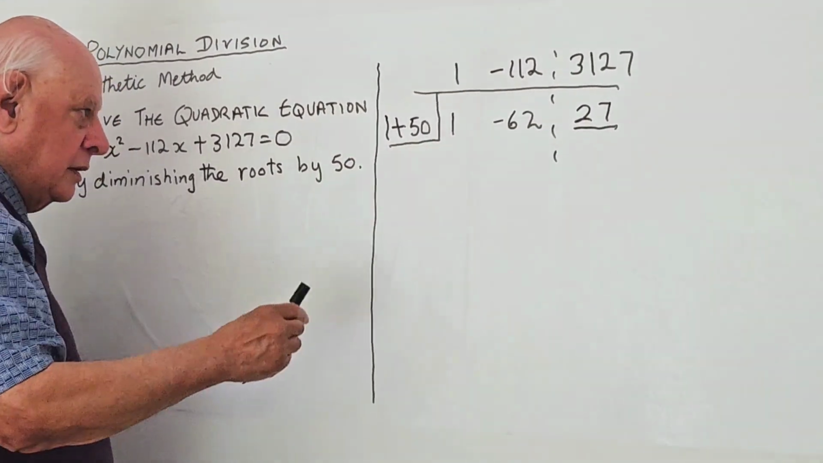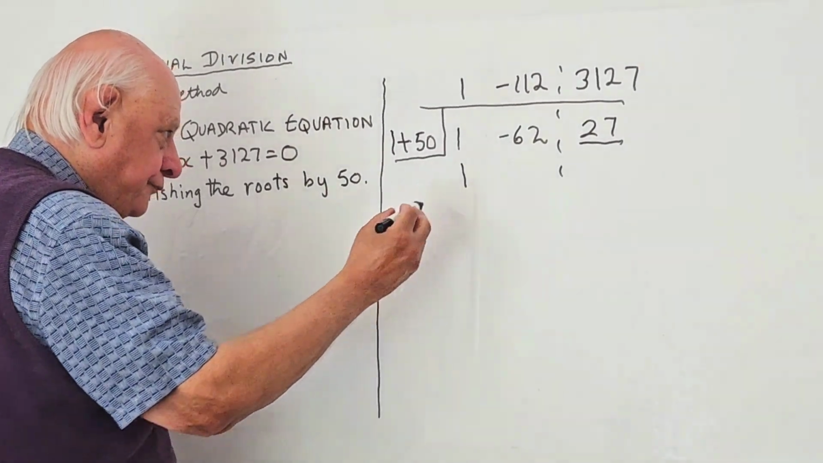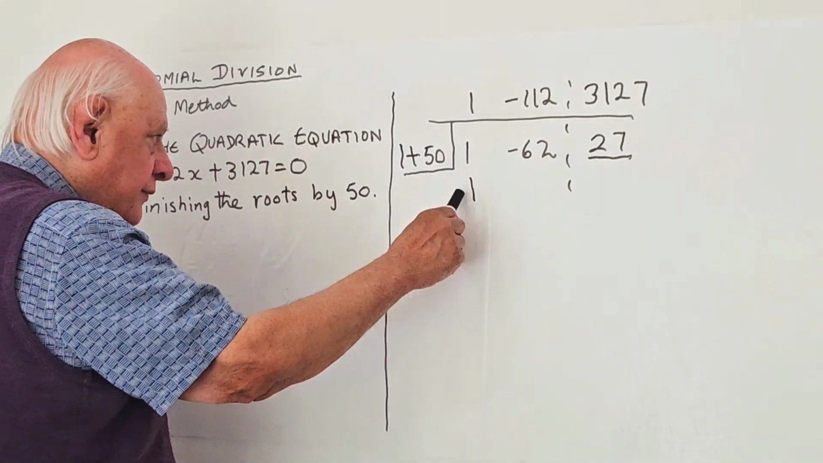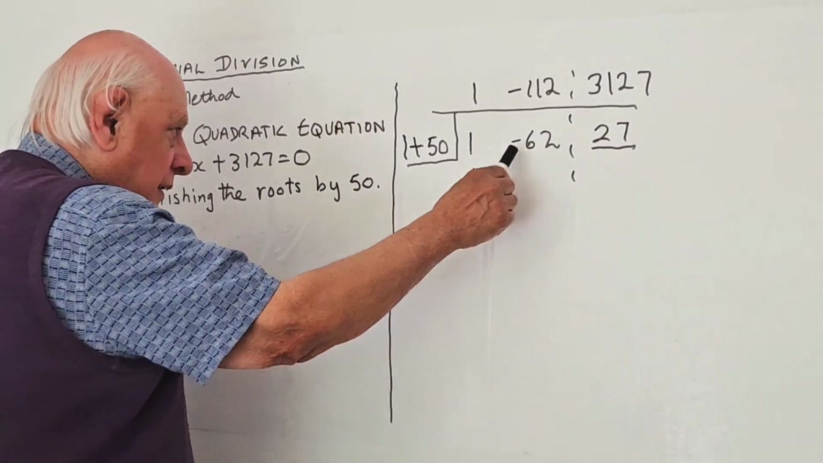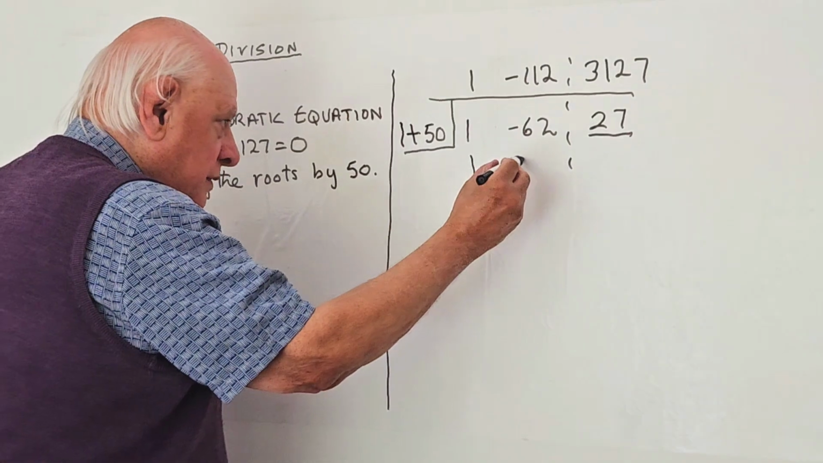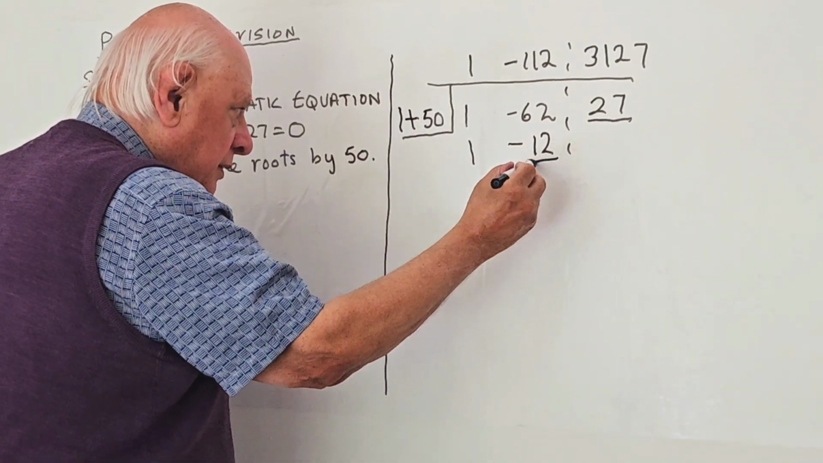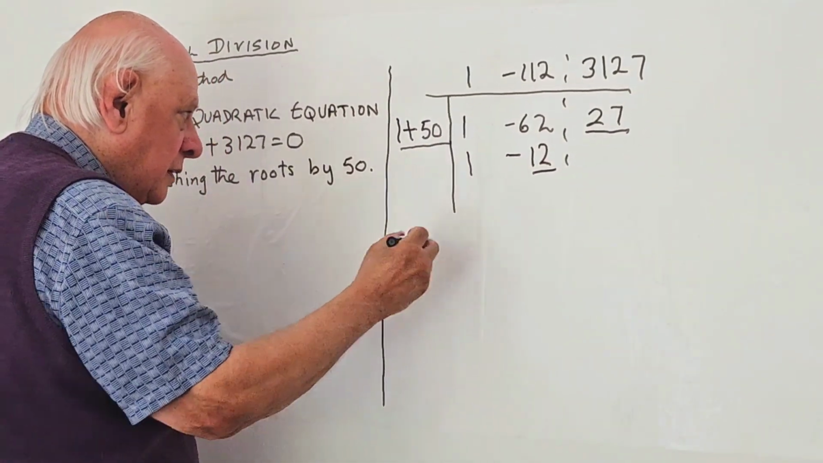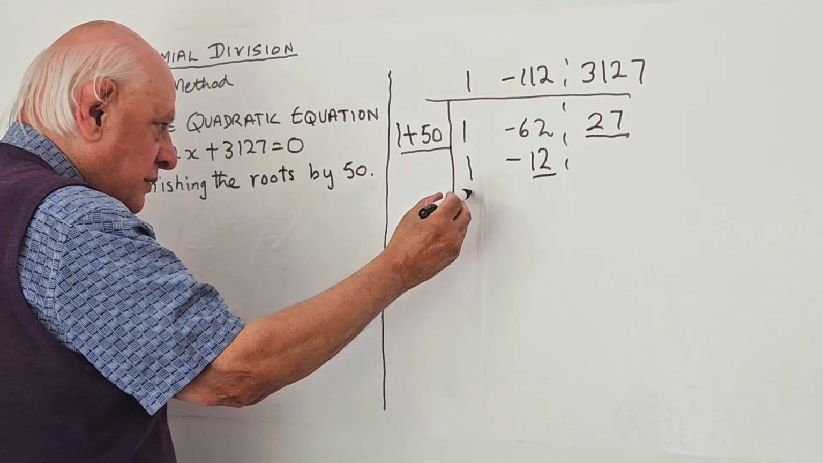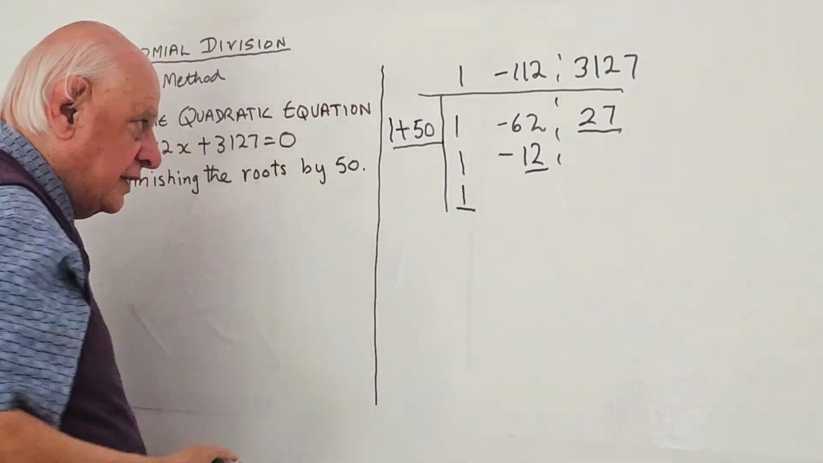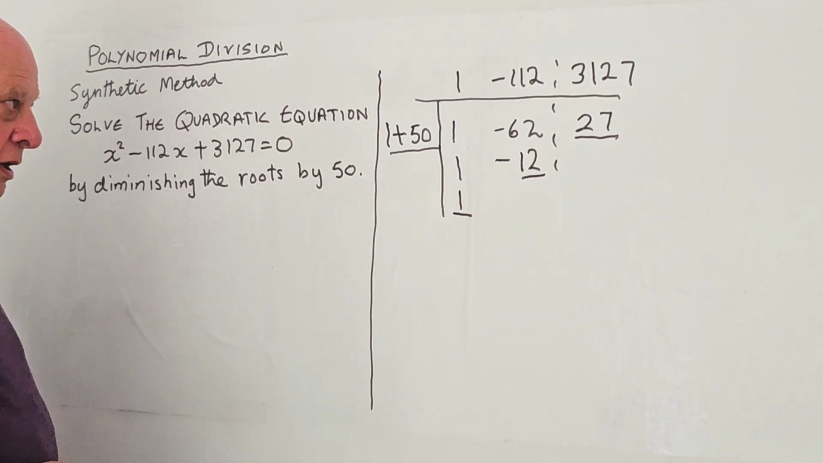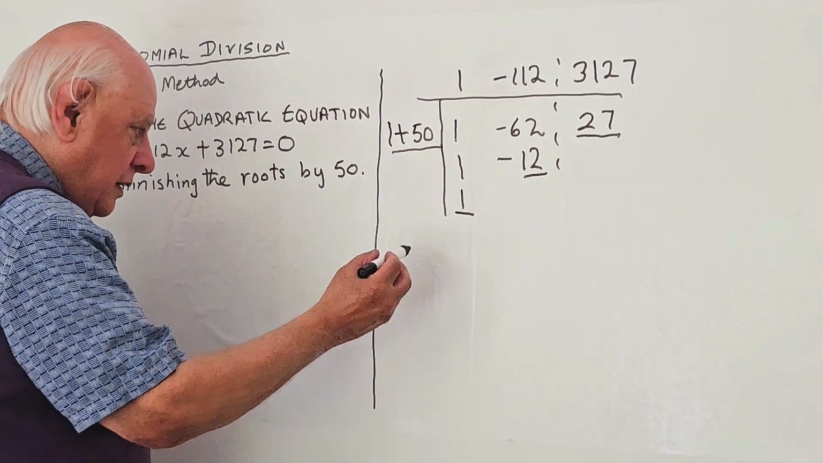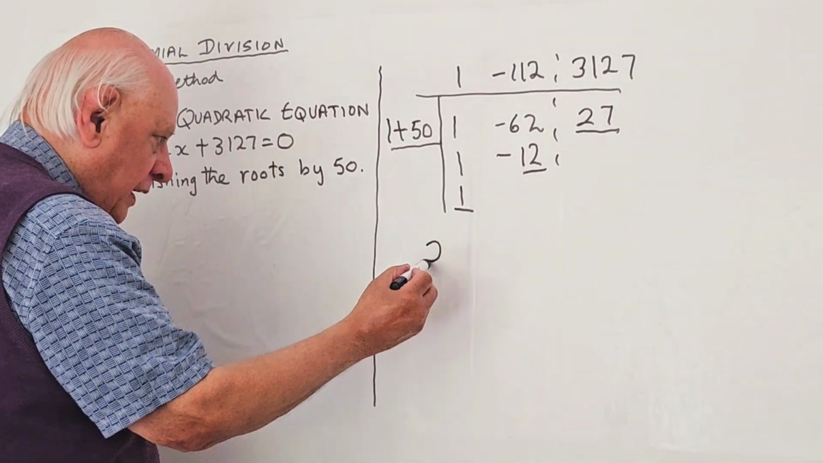1 into 1 goes once. Right, 50 times 1 is 50. Added to minus 62 is minus 12. Now underline that. And continue. 1 into 1 goes once. Let me finish there. So our new equation is x squared